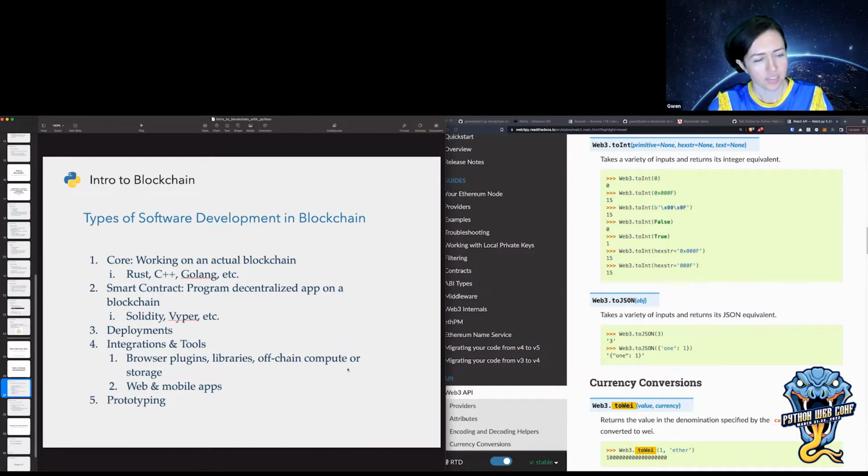And then you have smart contract developers.